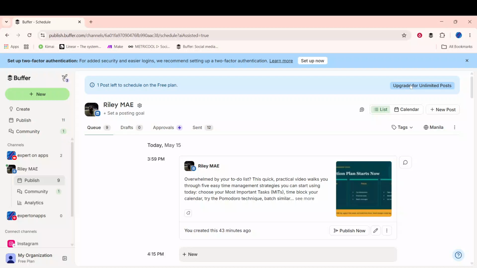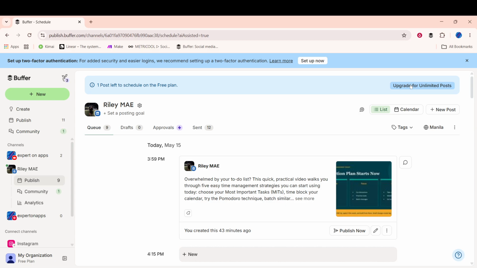In today's video, I'm going to teach you how to create and schedule a Pinterest post with Buffer's AI assistant. First, open Buffer in your browser. When it loads, you'll land on the Publish dashboard. This is the workspace where you create, plan, and manage content for all your connected channels, so everything you need